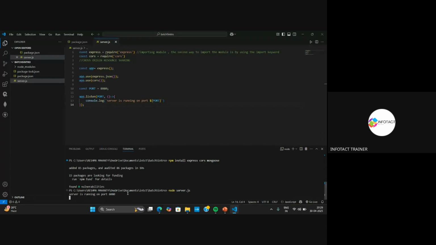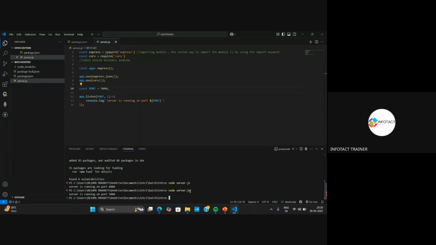And now, another thing to be noticed over here is that what if I change my port number? That is 5000. Got it? I will save it, and here I will stop the server, and then I will write node server.js. It is showing now 5000, right? But I do not want to write this node server.js again and again, even if I want to update my data frequently. So for that, what I have to do is,